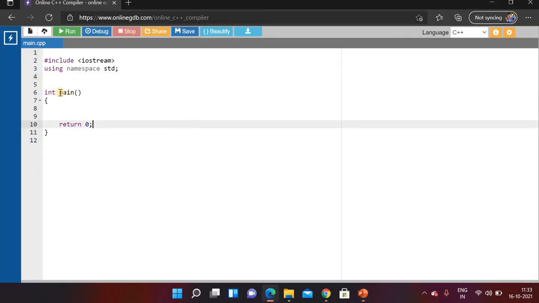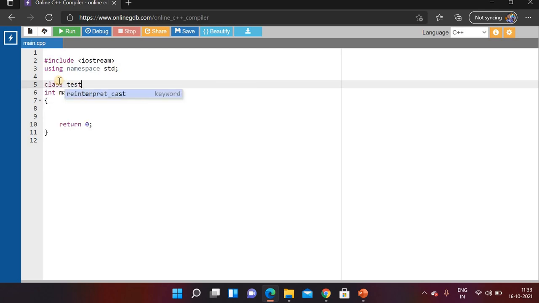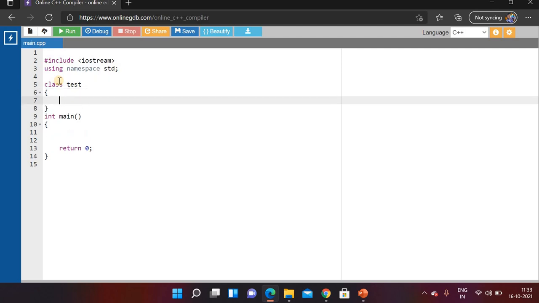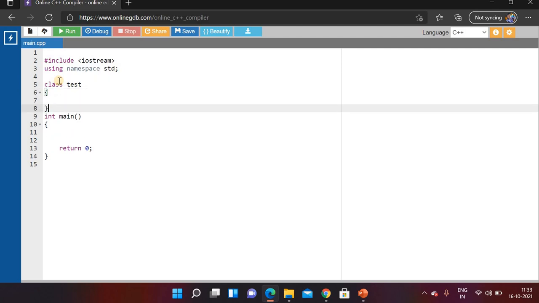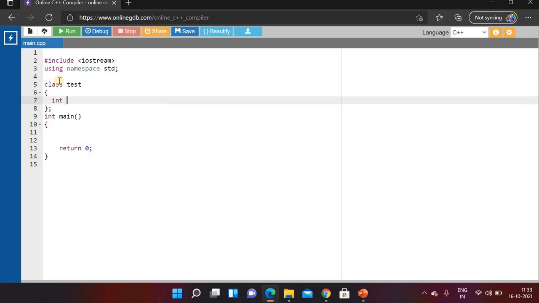Okay, so here we are going to create our first friend function. For that we need to create a class. So we have a class test, and the class test has a private member a equal to 10.